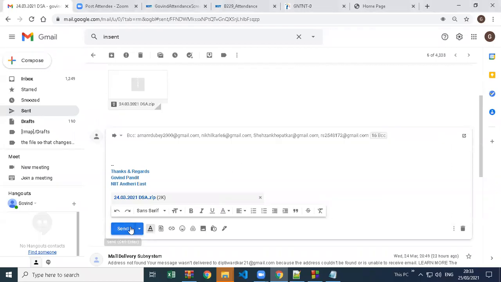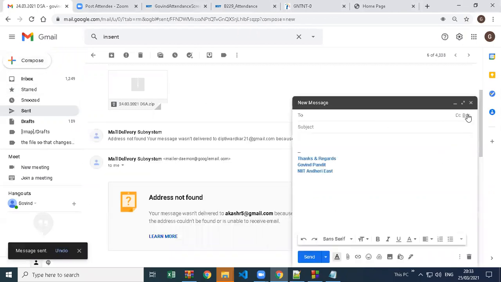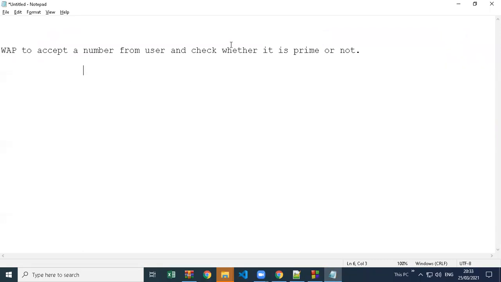Yeah, so I got one answer here. The answer is correct. What we have to do, how you are going to implement this concept: you are saying that if the number is divisible by 1 and itself, it is a prime number. But how do we implement it in a program? Let's say the number is 7 and you want to check if it's a prime number. So you have to divide your number by 1.